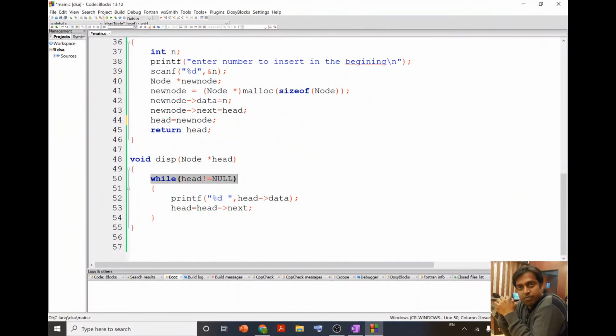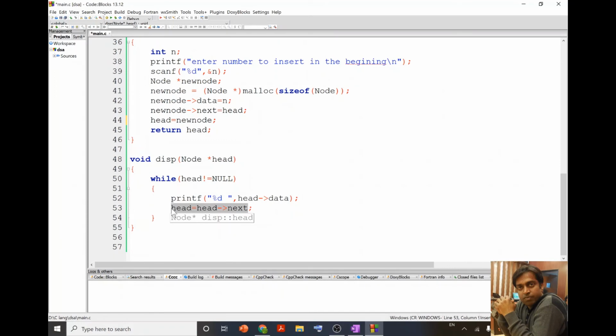So over here I put a condition, and then inside the while I first print the value of the head data, and then I put head equals head next. With the help of this, I will be able to go to the next node of the linked list.